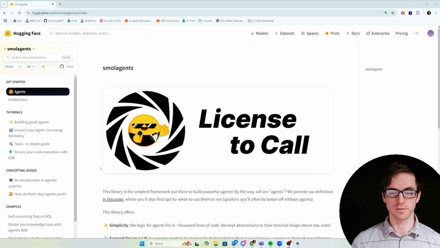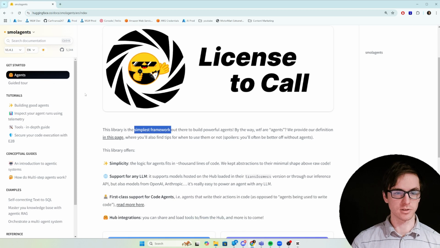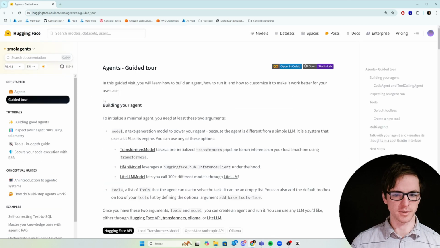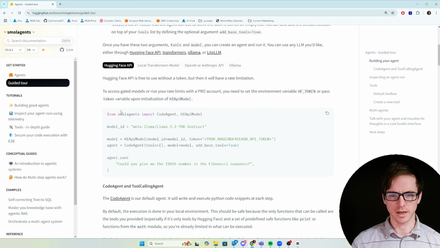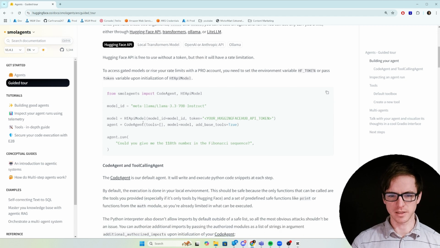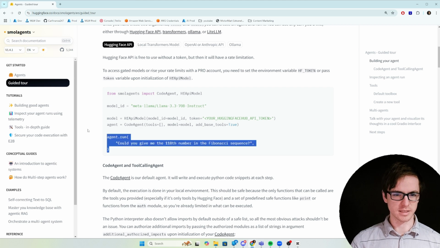Starting with learning curve. SmolAgents claims to be the simplest framework out there to build powerful agents, and it looks like it is definitely one of them. If I go into the guided tools section, I can see a quick example of how to build a code agent, and this is using an API model from HuggingFace. You can then create your agent immediately and run it straight away,